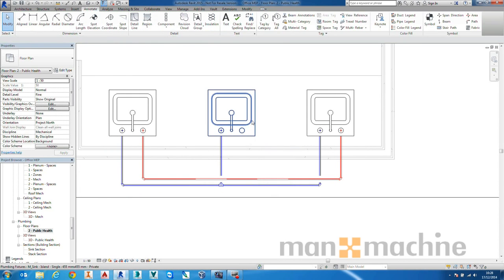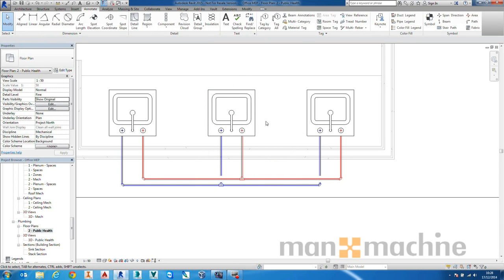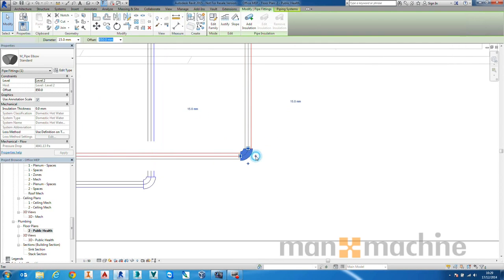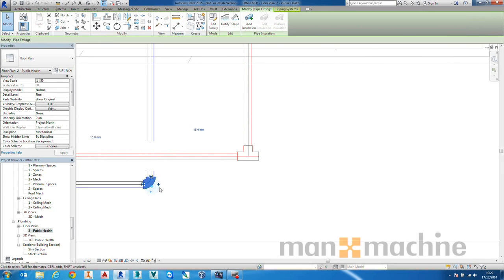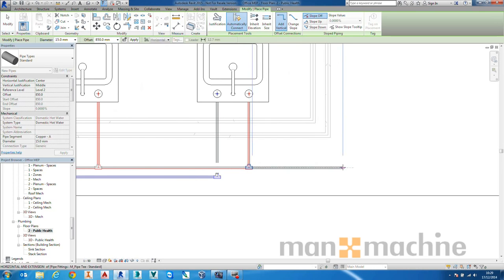We're then just going to select the middle sink, connect into. You'll notice that the cold has gone because it's got a connection. Choose the hot and then select your existing pipe. Let's now go ahead and choose to add some T's in where the elbows currently are, and then once again you can come over them, draw a pipe, and continue until this is connected up to the rest of the